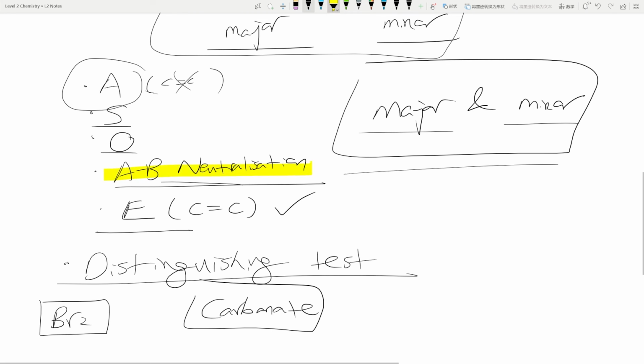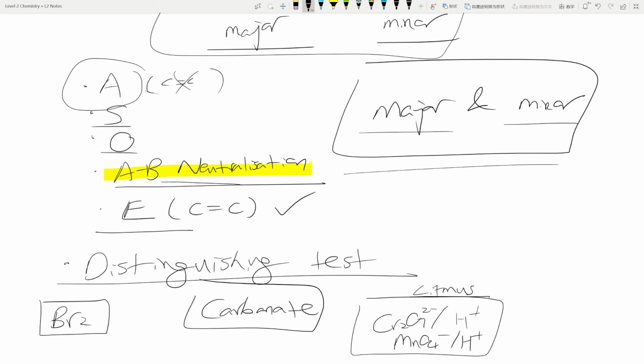Okay, and then once you've done that, you can have your litmus paper if you want to distinguish the carboxylic acid or the amine, but this is not a chemical test. You can use the oxidant, like say Cr2O72- H plus, or you can use the MnO4 H plus to identify the primary alcohols because they will oxidize, and then your haloalkanes doesn't do anything, so you identify that through elimination. Okay, so that, and then sometimes it will specifically ask you to write the equations, and for questions like that